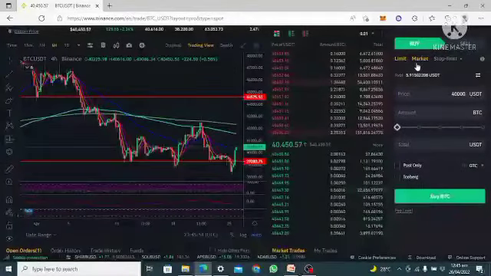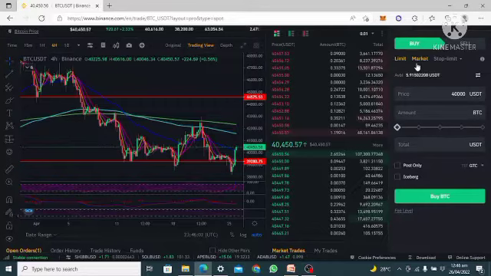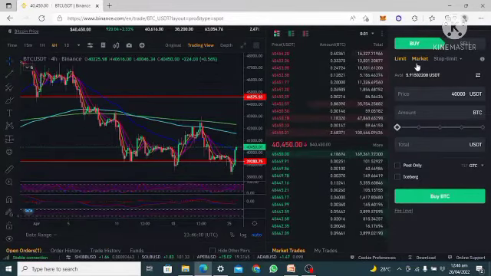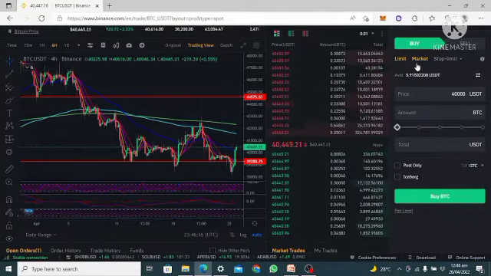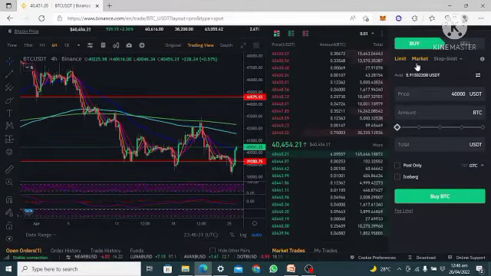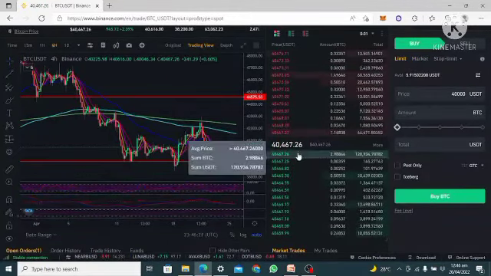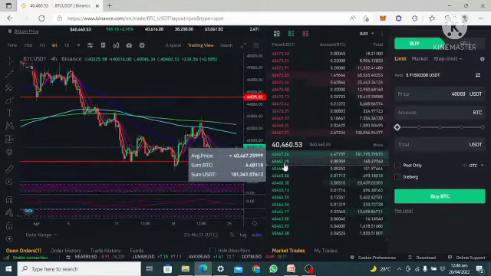That is the difference between limit and market. Limit means that you are trying to bargain the price. The seller is telling you that this is what I want to sell, I want to sell at the range of $40,400, and the buyer is saying no, I'm not buying at 40,500 or 400, but I want to buy at $40,000. So automatically, when the market drops in price from 40,400 to $40,000, it automatically picks you. Your order will be filled.